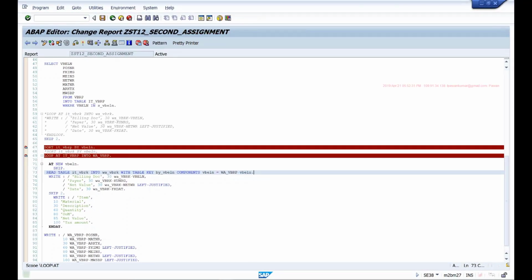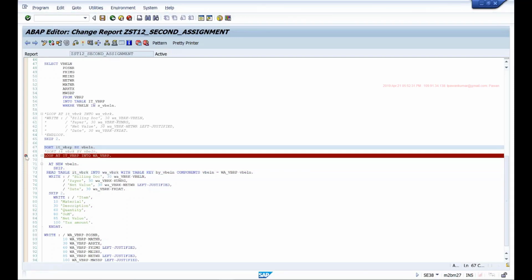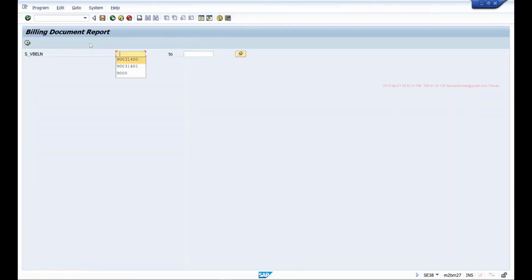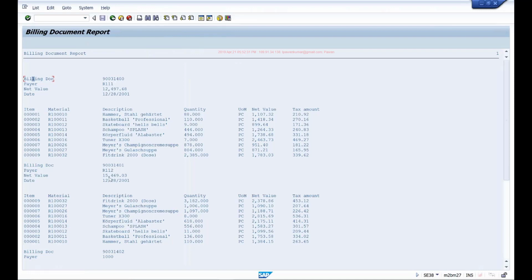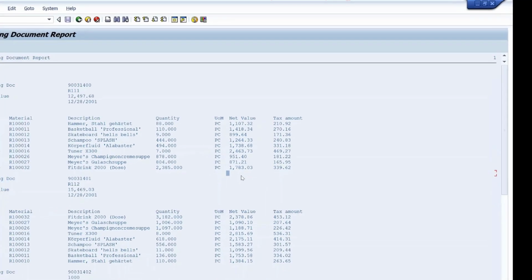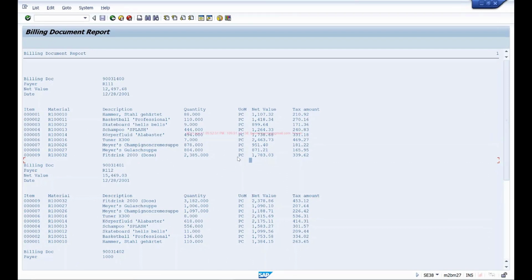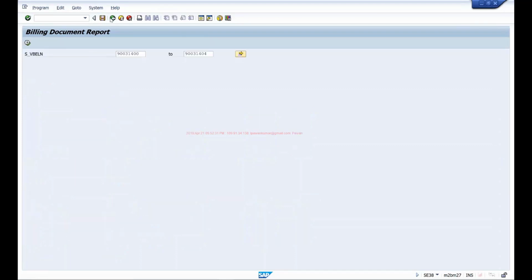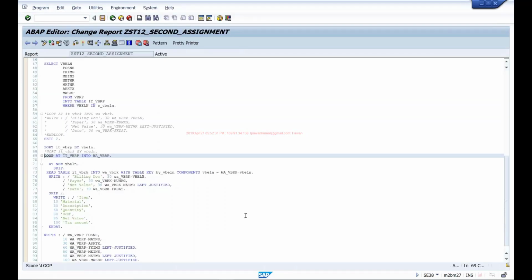So this is one way. Now I'll enhance this assignment a bit more. This is my output currently. I'm printing the header, items, then the header of the next document, its items, right? Once I finish printing all the items, under the net value it's printing the item-level net value. I want to sum them up and print the total net value below this, something like a subtotal. For each document, I want to print a subtotal at the end. How do I do it? For that, I need to identify that this is the last item in the current document. Then I can print the subtotals, right?